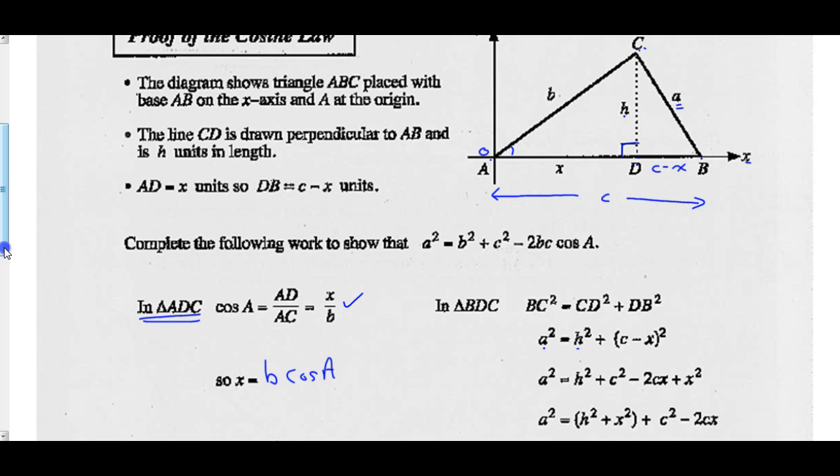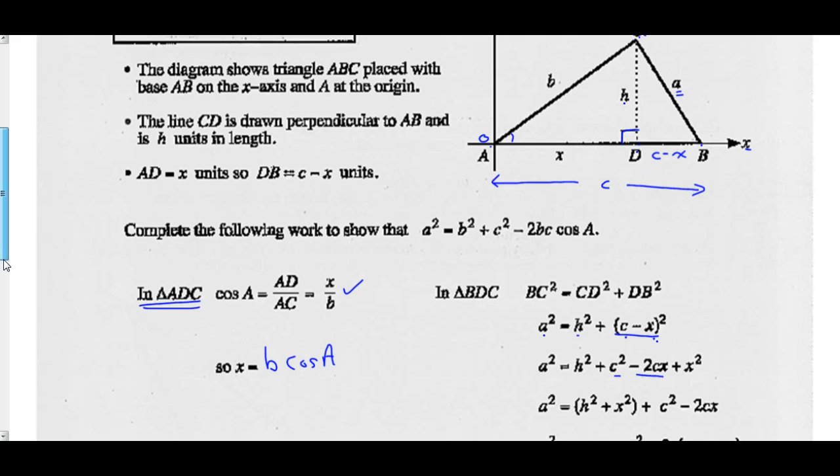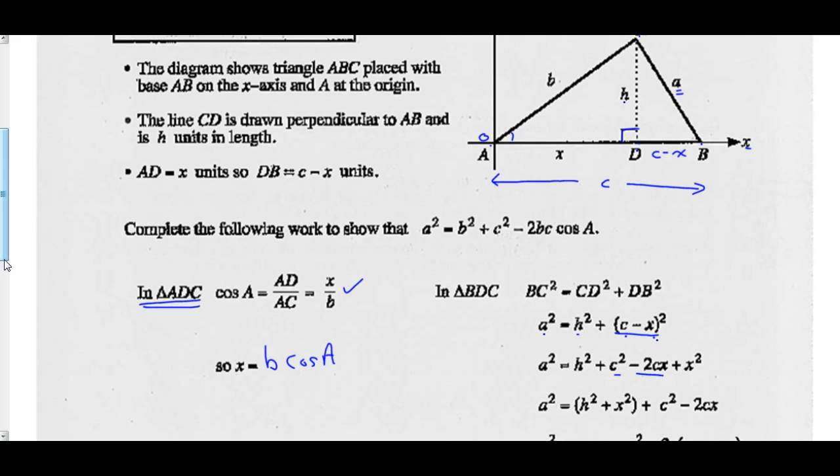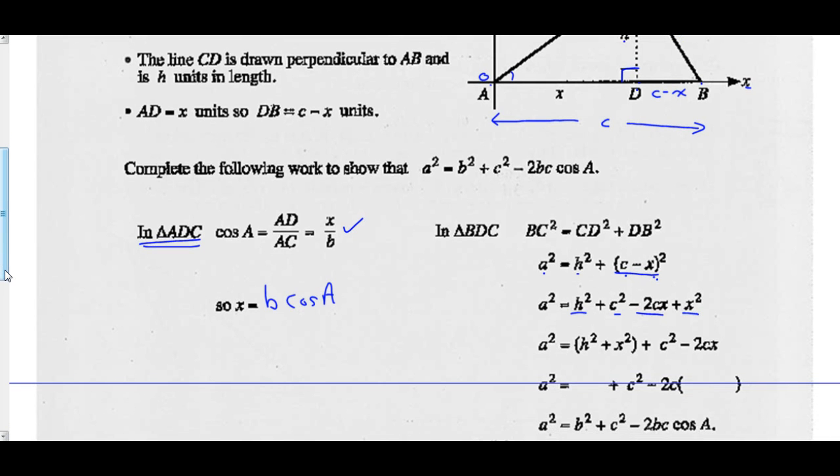So if I expand out this bracket, I square the first term, c squared, multiply the two terms together, c times negative x, so minus cx, and you double it, so there's your minus 2cx, and then you square the last term, negative x times negative x is positive x squared. Now let's simplify the right side of this equation a little bit. h squared plus x squared plus c squared minus 2cx. They just put the x squared and h squared together in brackets. x squared plus h squared,